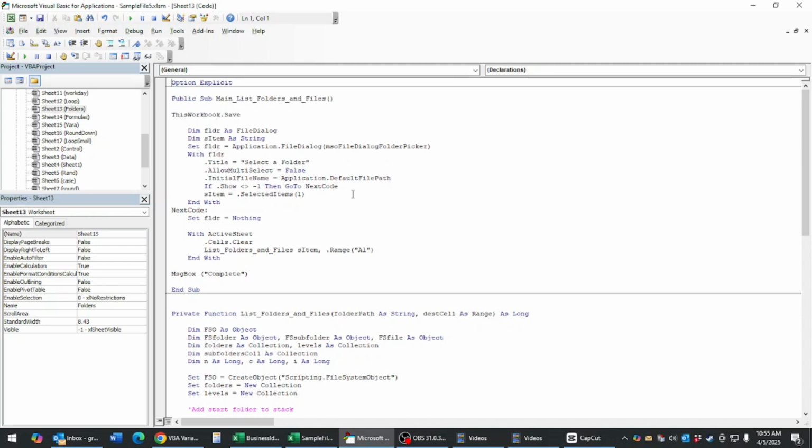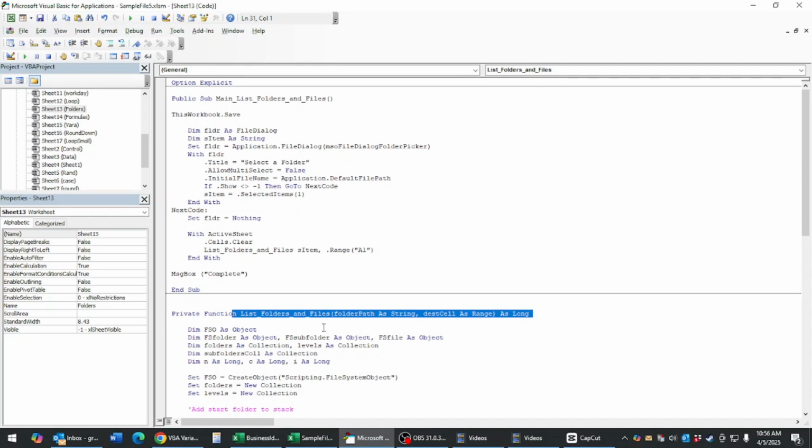So in today's video, we're going to look at looping through folders and files within a specific folder. So what I've done here is I've written code, I've got a function, and then I've got a main sub here that is run. Just to step through this real quick, this essentially is saying that the user is going to choose a folder, and then we're going to store that folder name, and then